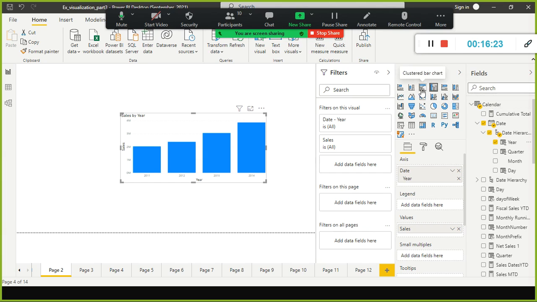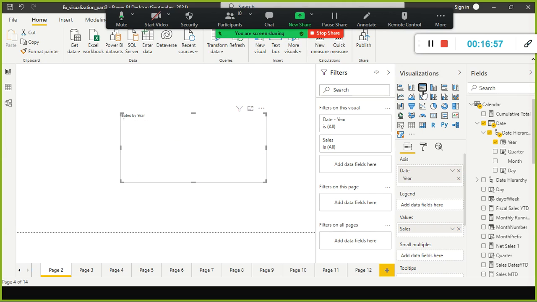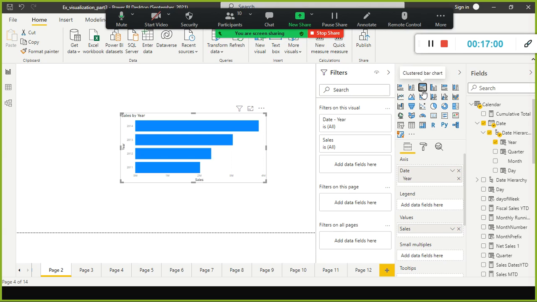If I wanted to get the stacked bar chart, so this is my stacked bar chart. Here it shows 2011, 12, 13, all are same. Let me do one thing. Here it shows something different. Here, again you need to make sure that you are using proper values in the axis and values. Here one is categorical, another one is the value. This is your bar chart. And if I wanted to have it as a horizontal bar chart, you just select this one, it will become automatically a horizontal bar chart.